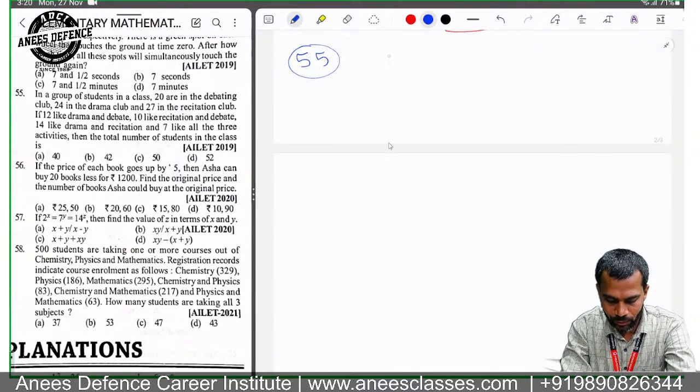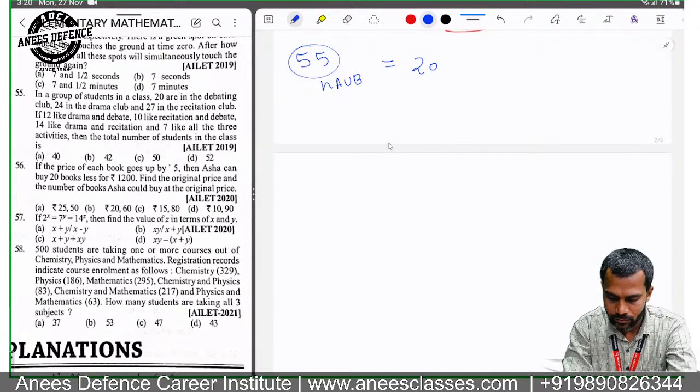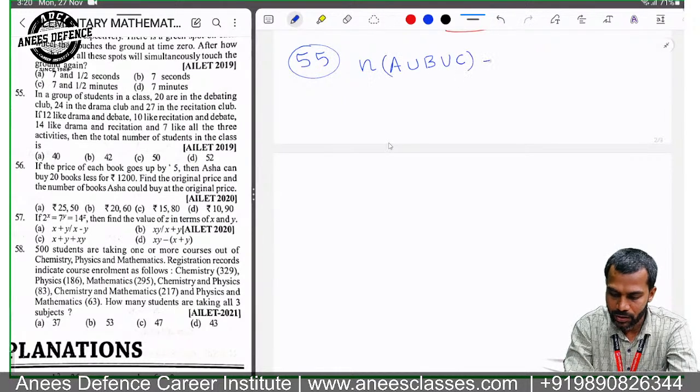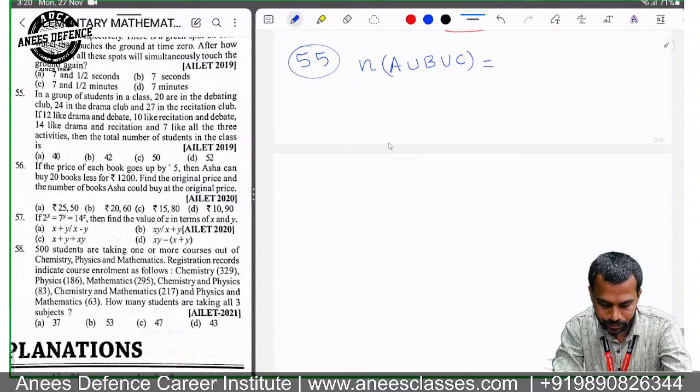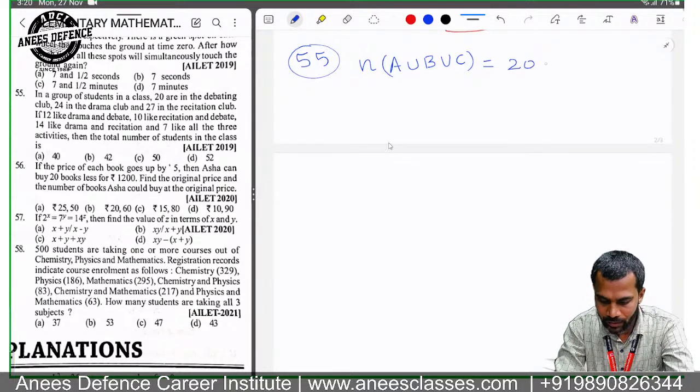So we already know the formula. So the answer should be 20. In N of A union B union C, we need to find out. A union B union C is equal to, tell me, what is N of A? 20. What is N of B? 24. What is N of C? 27